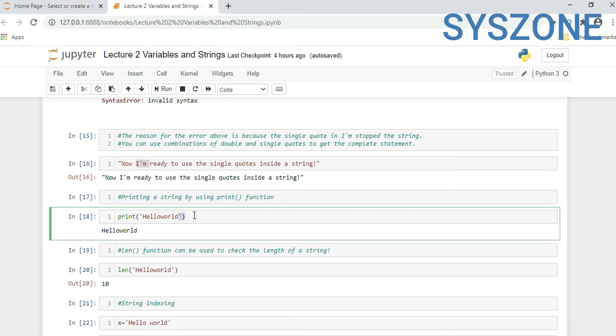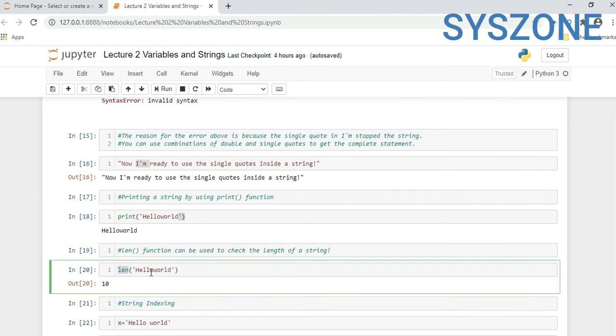We can calculate the length of any string or any variable by using the length function. Hello world is one string. We are using single quote. To check what is the length of this string, we are using the length function, and it is returning 10, there are 10 characters in